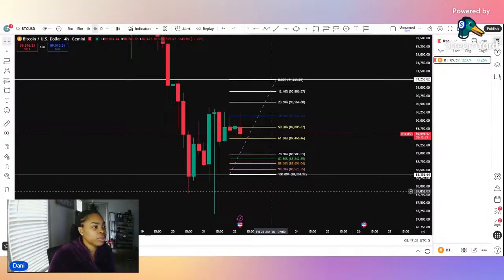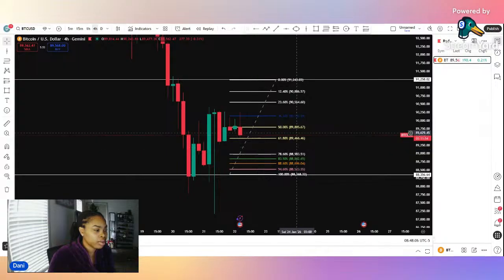So now we're going to draw our fib. All right. We see some wicks again. Look at this super long market manipulation wick. All right. Boy, you got a little Bitcoin, I swear. As we can see here, it's respecting the 618 level on the 4-hour time frame. And this fib I keep for the entirety of the markup. This never changes. I don't draw another fib on top of this.